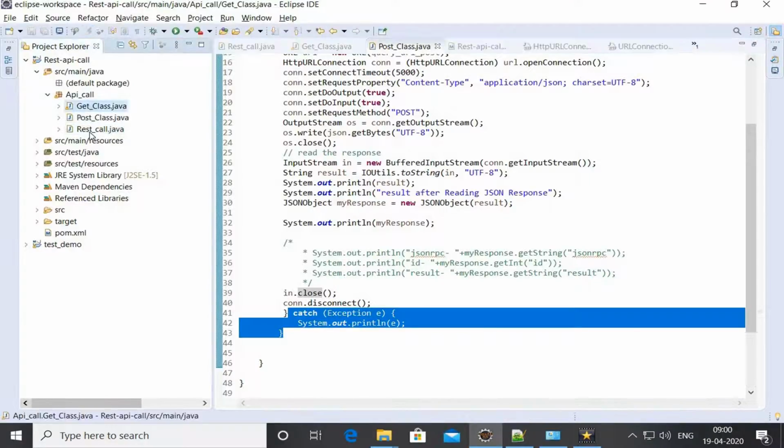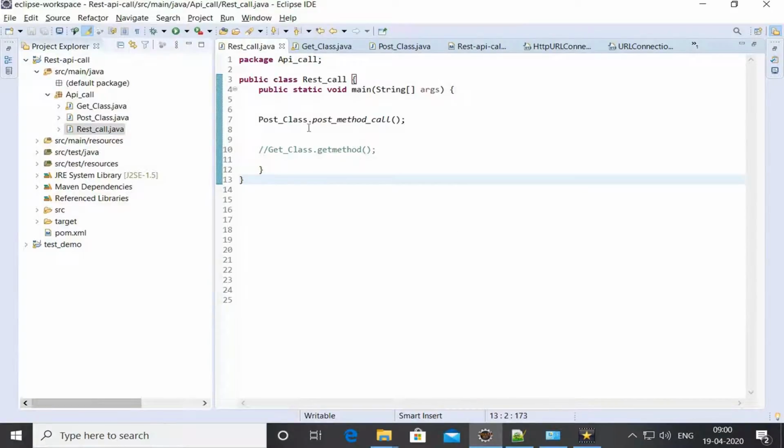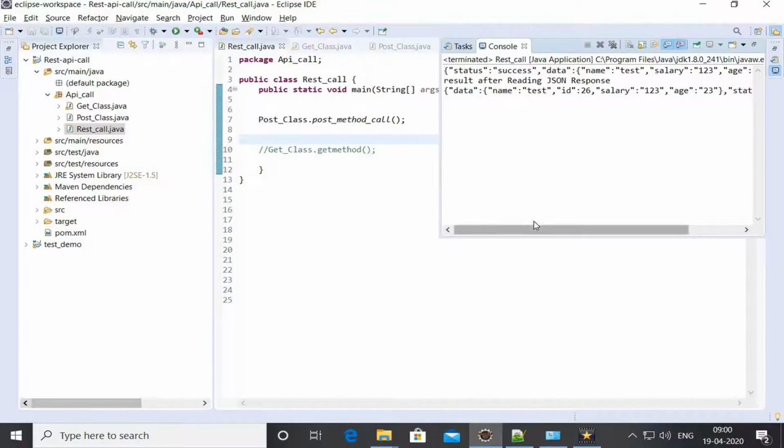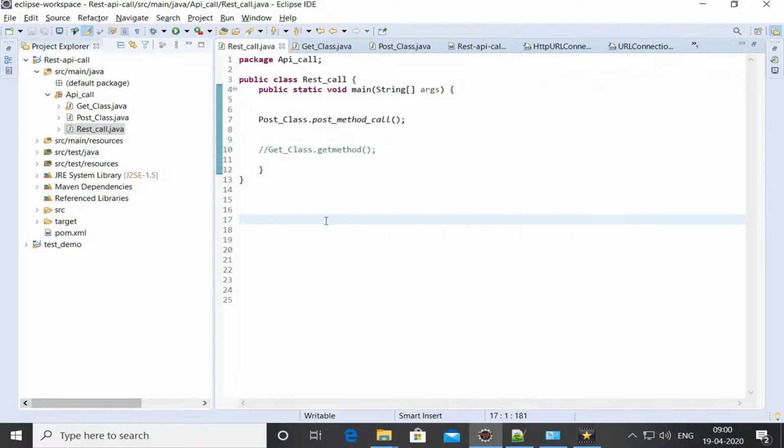Now we are going to call this post method. Let's see what the response is. See, the response is name equal to test, id is equal to 26, salary is equal to 123, age is 23, and status is successful. This is the response that I have got from the post method.